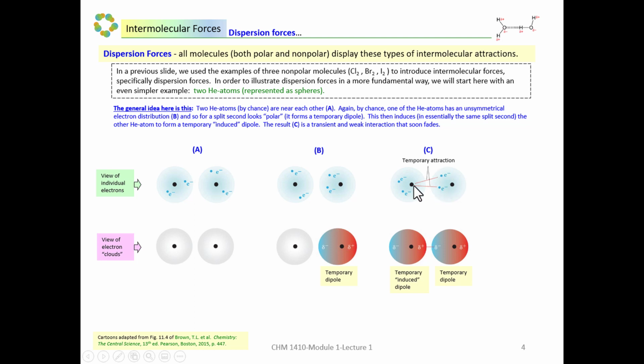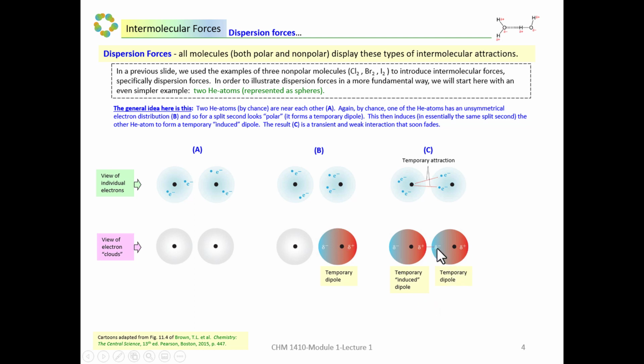And so now for this same split second, we're assuming the electrons are moving faster than our camera, this helium atom now also has an unsymmetrical distribution of negative charge, and it has a partially positive and partially negative end. So we have a temporary induced dipole that formed because of this temporary dipole, and we say we